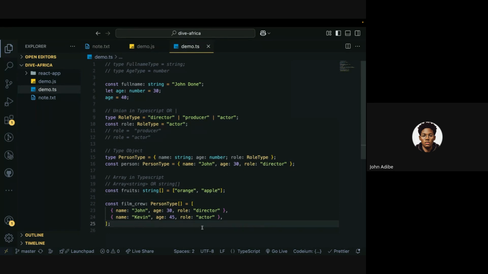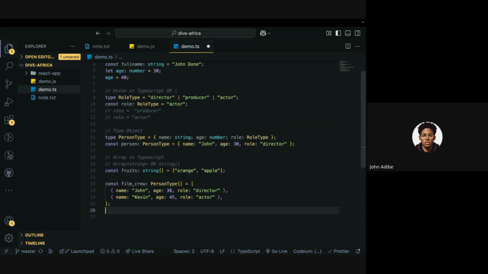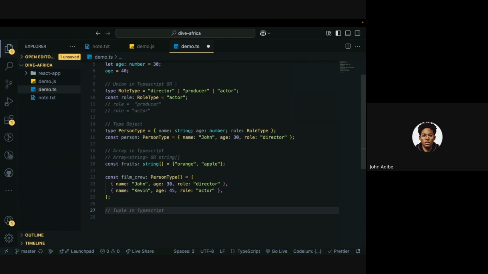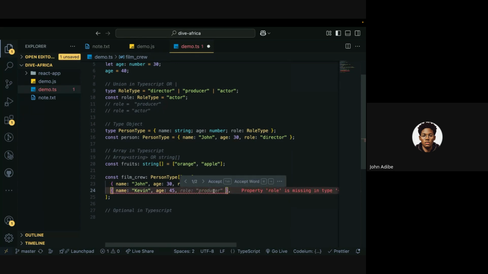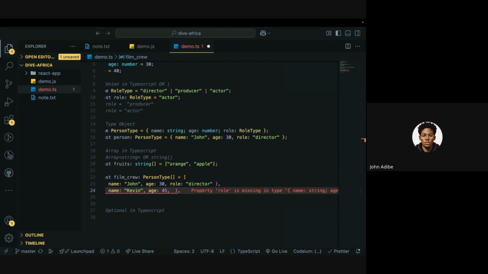Is there one more thing I need to indicate? All right, let me just talk about one more thing. There's a lot of areas that you can catch up on in TypeScript. Optional properties in TypeScript. If you notice, when I was declaring this film crew, if I don't put any key in this object, it's going to cry out, right? But you know that in an array of people, let's say in an array of everyone on this call,